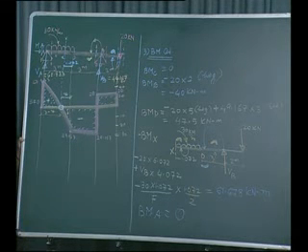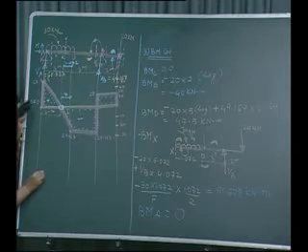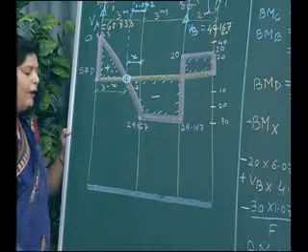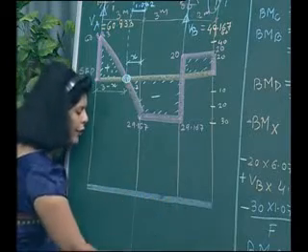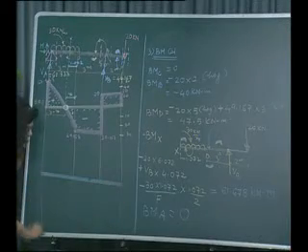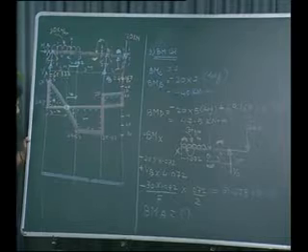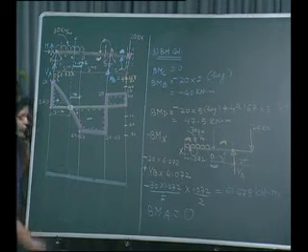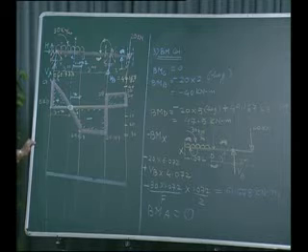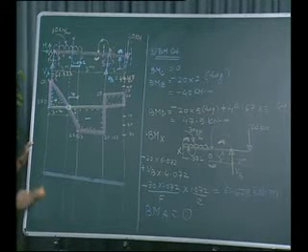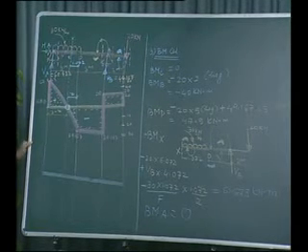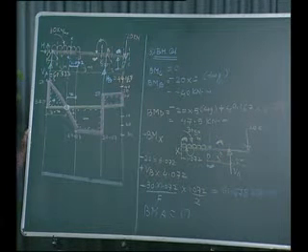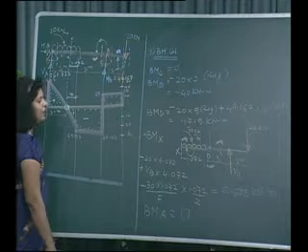Okay. So this completes our bending moment calculation. Now we have to draw the bending moment diagram. So to draw the bending moment diagram, we will draw a baseline. We have to take all the points in the vertical downward direction, which we have already taken, but one point is left out. Which point is left out? Section XX. So we will take section XX also in the vertical downward direction.